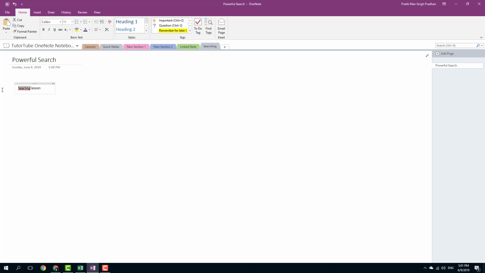So I'm just going to spell correct it, searching. All right, there you go. So now I only have one instance of this right here. So it's going to be easily searchable. But if you have a lot of text stored over in different notes, then the search toolbar can help you